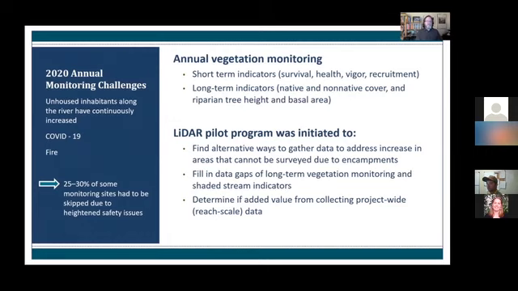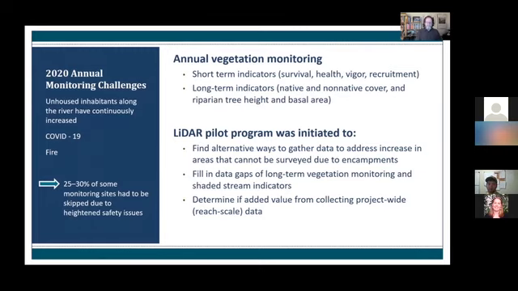One of the challenges we faced after many years of doing fairly routine monitoring was that in 2020, things changed. We had this combination of the worldwide pandemic, COVID-19, coupled with increased usage and distribution of human encampments along the riparian zone, coupled with threats from fire. Because of these safety hazards, over 25 to 30% of some of the monitoring sites were not able to be